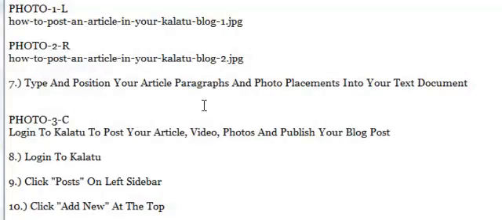Step 7 is to type and position your article paragraphs and photo placements into your text document. And we're going to show you step by step how to exactly do that. What I do is I post in my blog in sections based on paragraphs and the photos that I'm putting in the blog to make it easier. And this is why I do this all in a text document or notepad before I actually post the blog